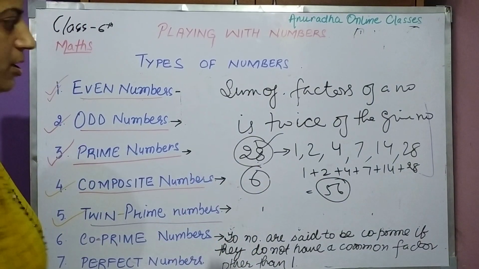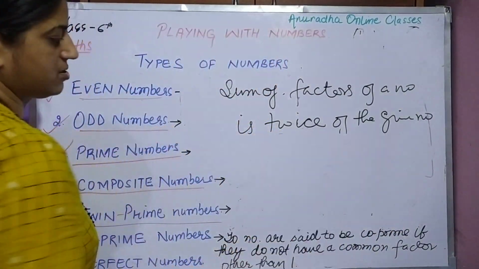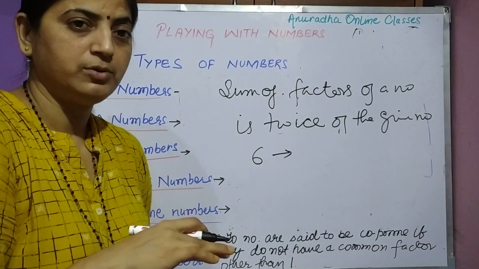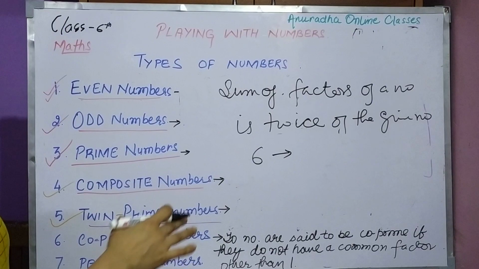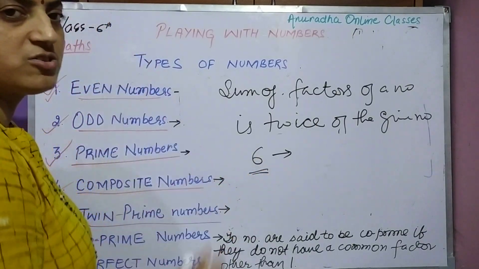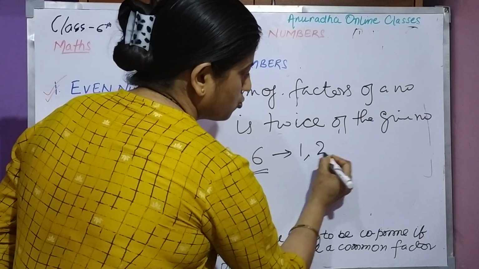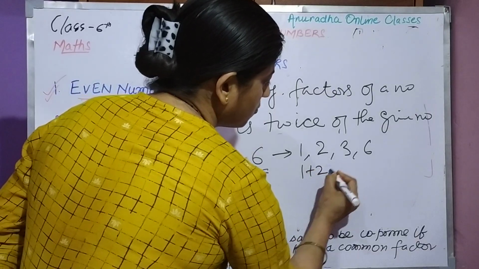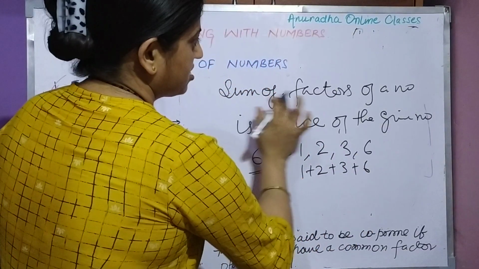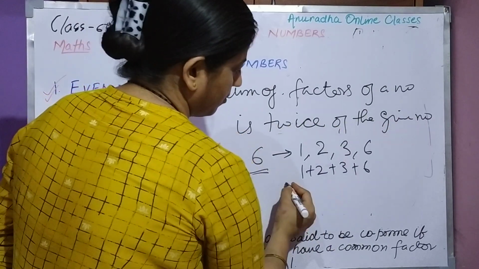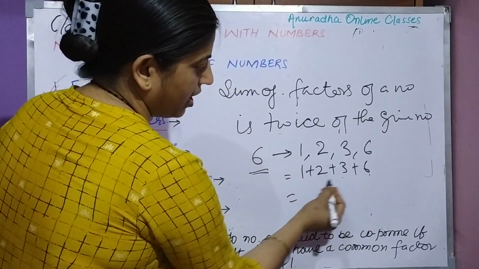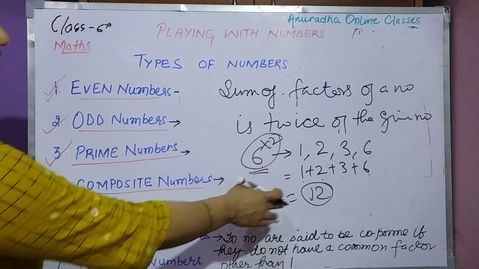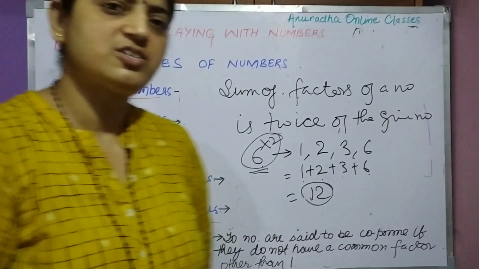Let us see a smaller number, that is 6. You can check whether that number is a perfect number. In the previous class I told you all that. See the number 6. What are the factors of 6? 1, then 2, 2 3s are 6, and 6. Now let us do 1 plus 2 plus 3 plus 6. The sum of factors of a number should be twice the given number. Let us see what it is: 6, 7, 8, 9, 10, 11, 12. It is twice of 6, as 6 2s are 12. That means this is also a perfect number.